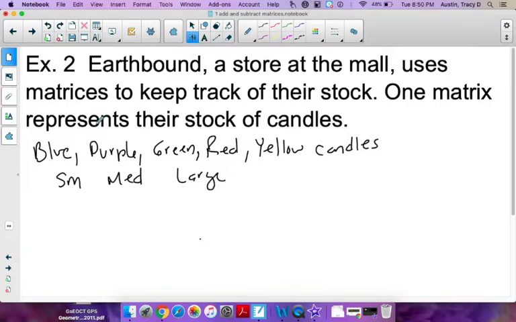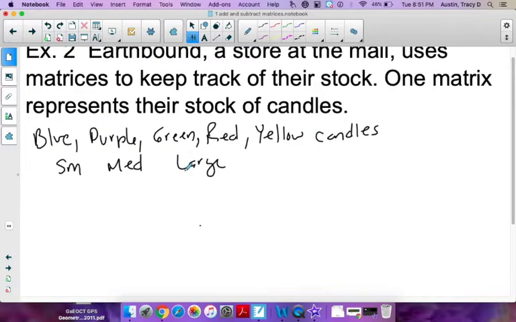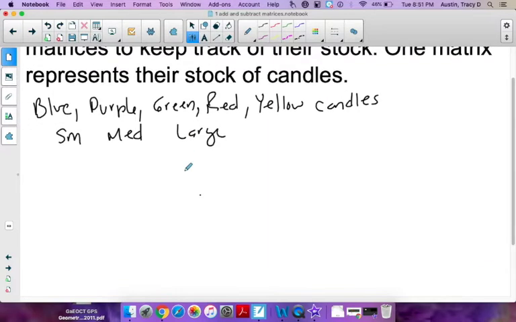So we're going to write a 5 by 3 matrix to represent their whole stock of all their candles. Okay, so blue, purple, green, red,